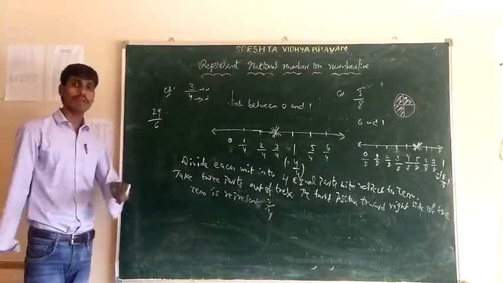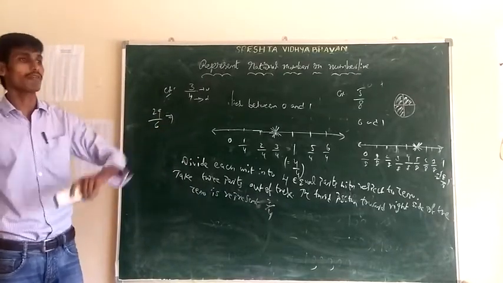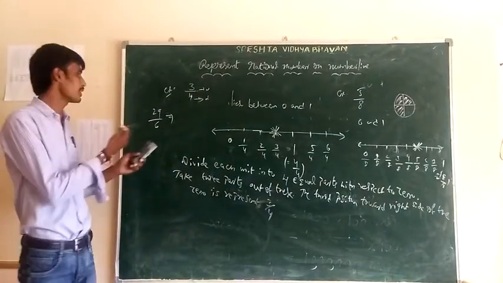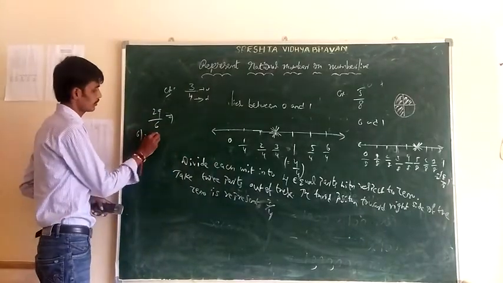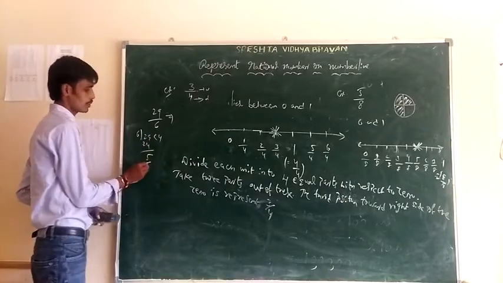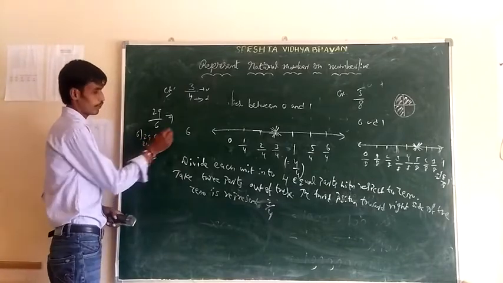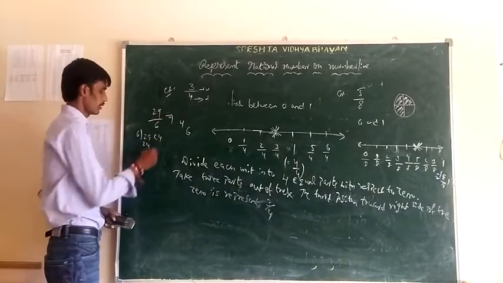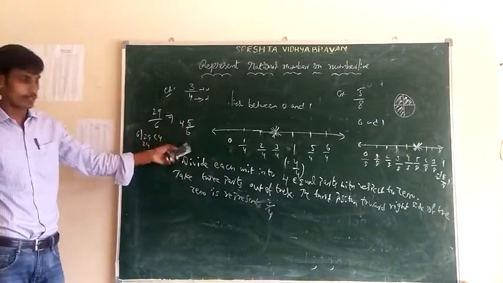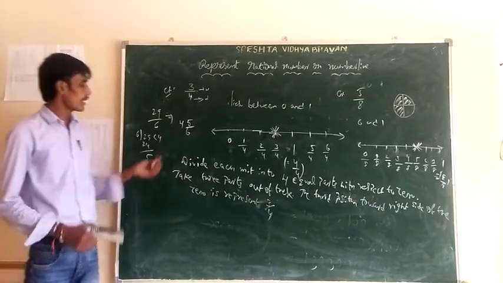Okay, so first convert the improper fraction into a mixed fraction. How to convert improper fraction to mixed fraction? By using division. Okay, so 29 divided by 6. 6 fours are 24 and remainder is 5. How can you write that? So the quotient is 4, that is the whole number portion. And what is the remainder? 5. Write as 4 into 5 by 6. This is the mixed fraction of 29 by 6.